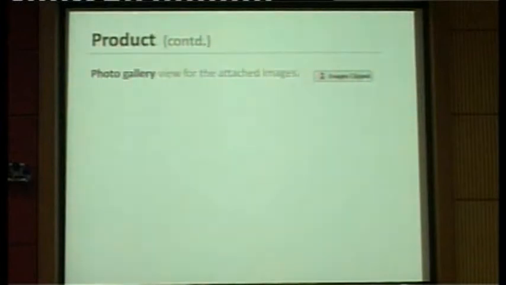Now when the developer logs in, he doesn't have to download anything. He sees, okay, image is clipped, he clicks on it, and he gets a